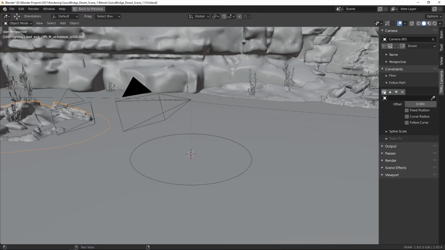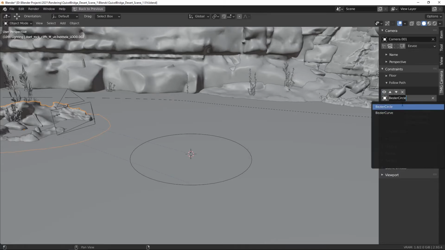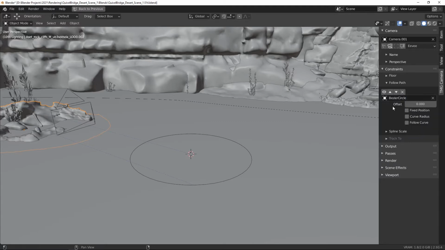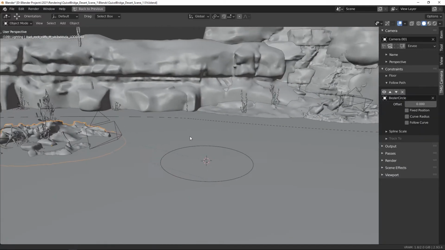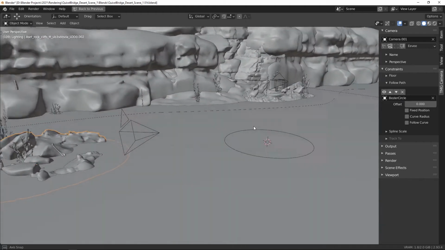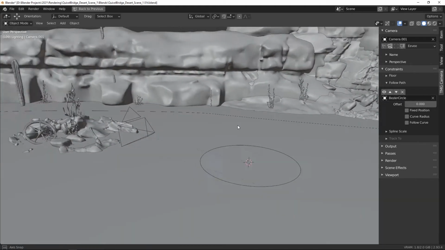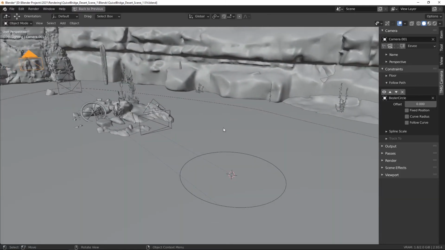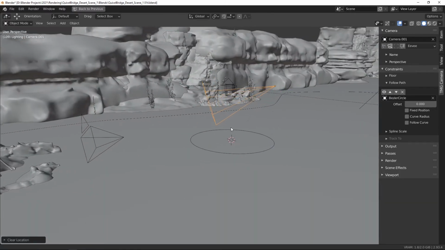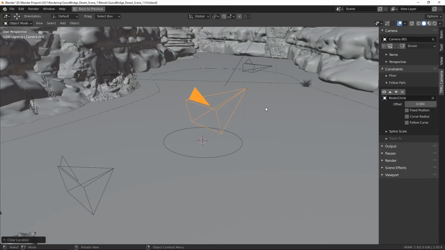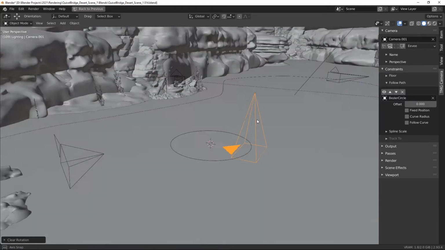Going to add a follow path. We are going to select our path, which is based on different curves. And you'll notice that our camera is way off the path, so I'm going to select it. I'm going to press Alt-G to clear the transforms, Alt-S and Alt-R,